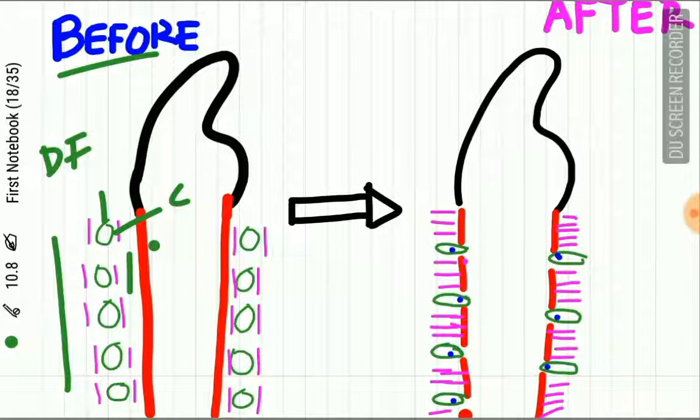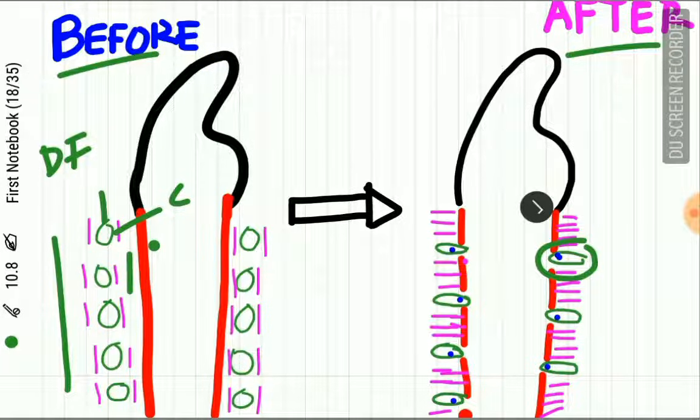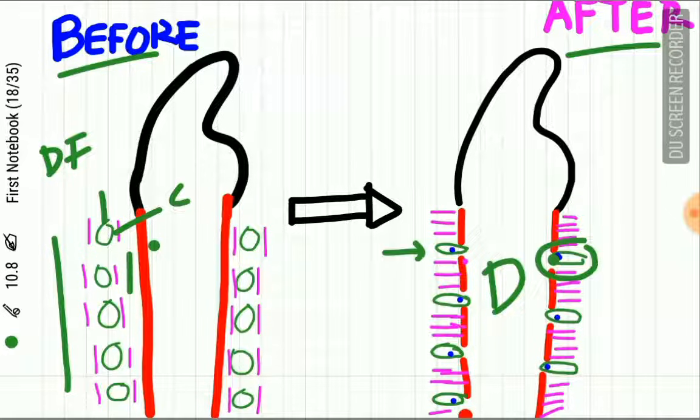Now, when disruption of the Hertwig's epithelial root sheath occurs, the dental follicle cells, the proper dental follicle cells, assume an elongated profile as shown in the diagram with the nucleus directed towards the dentine. This is the dentine and the nucleus is directed towards it. And these dental follicle proper cells also move towards the dentine and occupy the space between the broken parts of the Hertwig's epithelial root sheath.